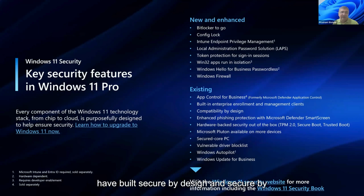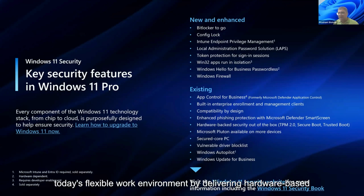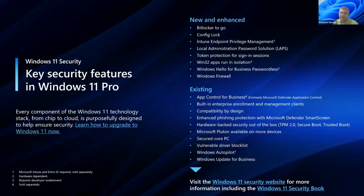And that is how we have built secure by design and secure by default for every component of the Windows 11 technology stack. And that is not only on the edge, that is from chip to cloud. And this is purposefully designed to ensure ultimate security. So Windows 11 meets the modern threats of today's flexible work environment by delivering hardware-based isolation, end-to-end encryption, and advanced malware protection as well. So customers get ultimate productivity and intuitive new experience, and you don't compromise on security